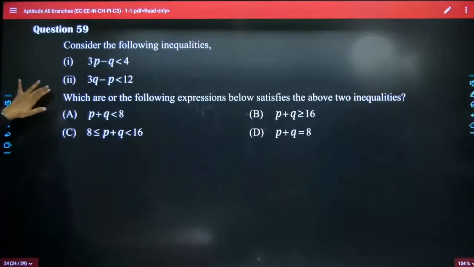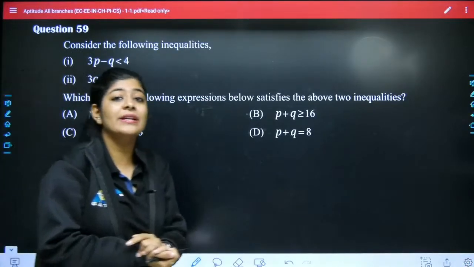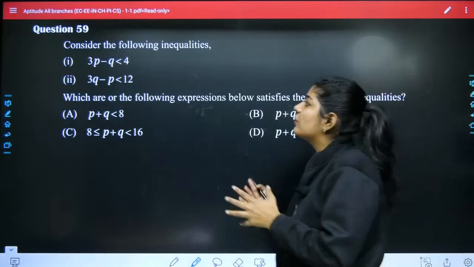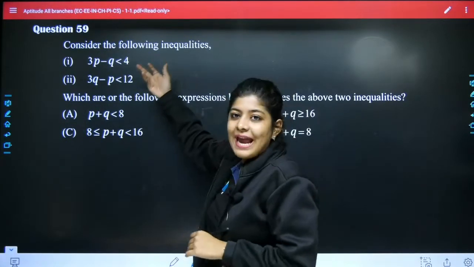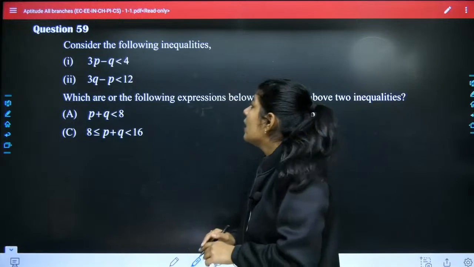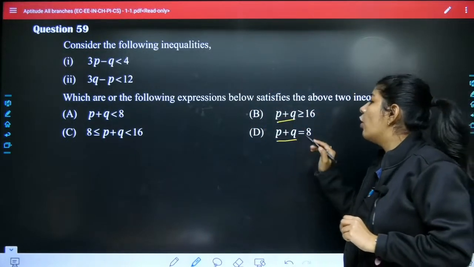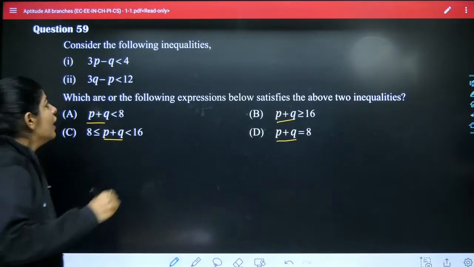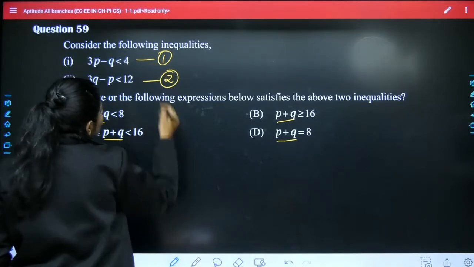Okay, again here we have a question from the inequalities. Here we have 2 inequalities with 2 variables. So whenever we have 2 inequalities with 2 variables, we need to either add or subtract these 2 equations just to get the values, right? So here we need to add, because in all the options the value of P plus Q is given. So if we put this as equation number 1 and this is equation number 2, we simply